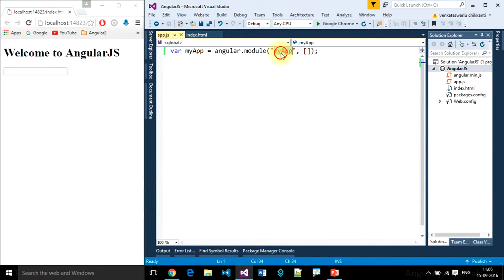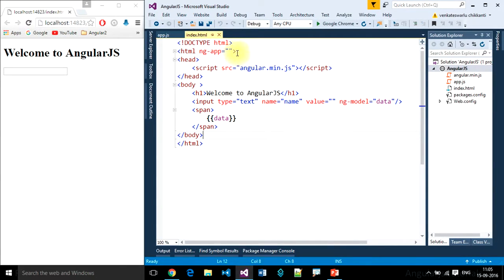So I have created this application. Then I'll say that this is my root application, so that we are bootstrapping our Angular application into the HTML DOM. This is our entry point. So this is a module.